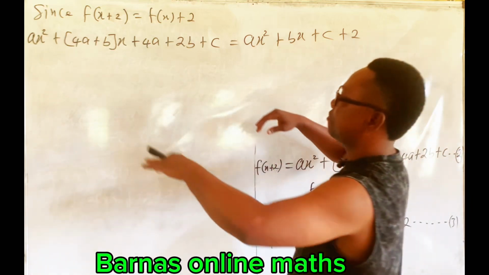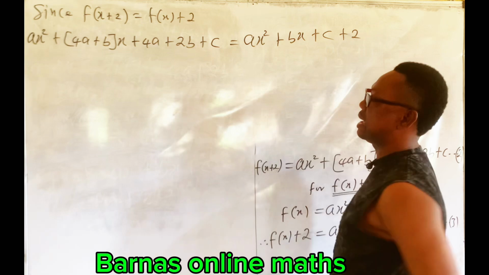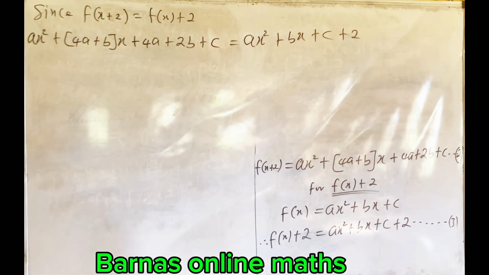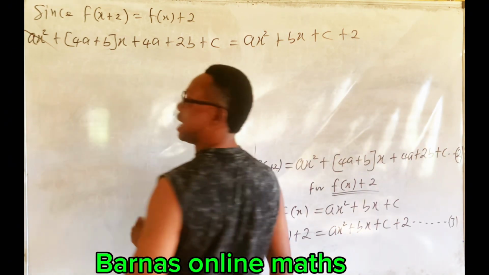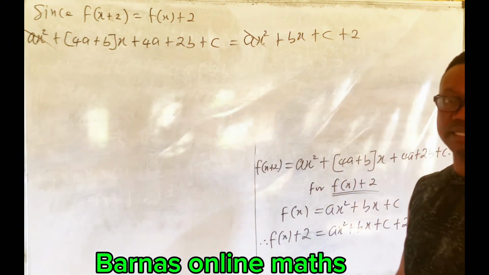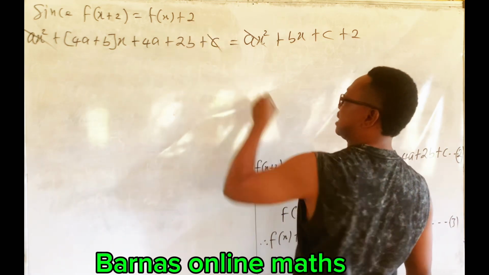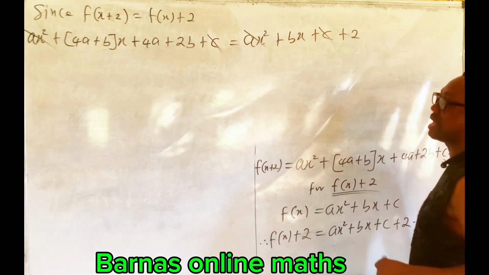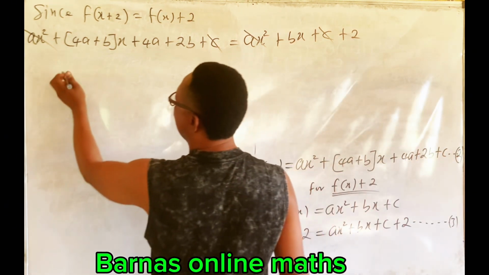So we have the left hand side and the right hand side. When you look closely, you find out that as squared in the left hand side will cancel as squared in the right hand side. What else can cancel? C in the left hand side will also cancel C in the right hand side. What remains becomes that